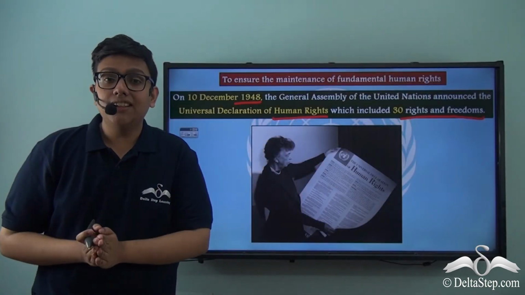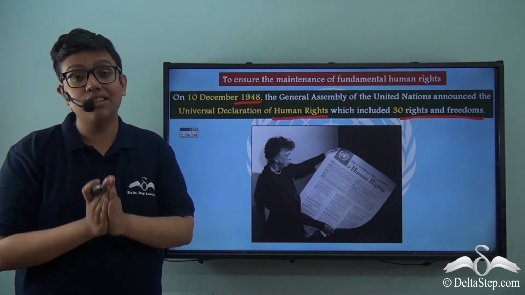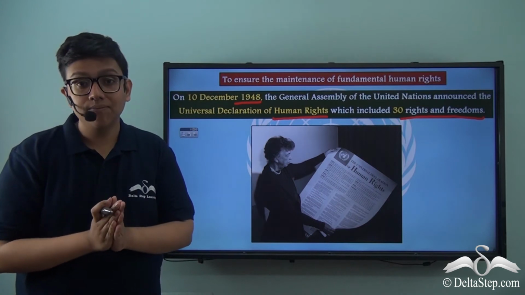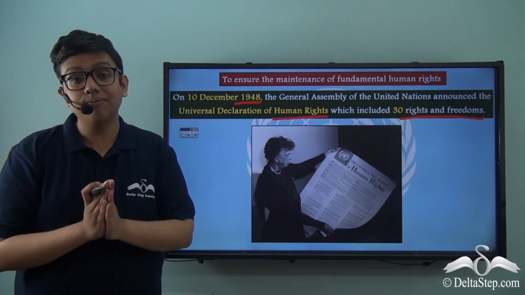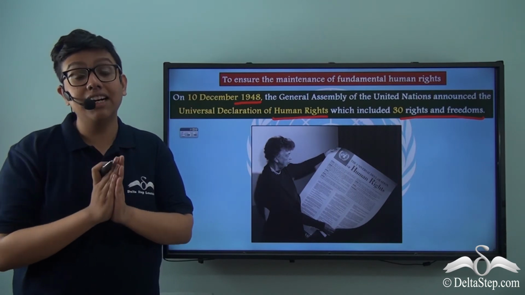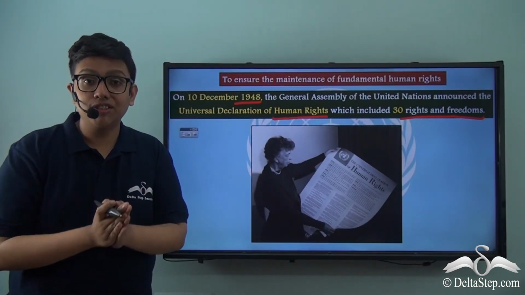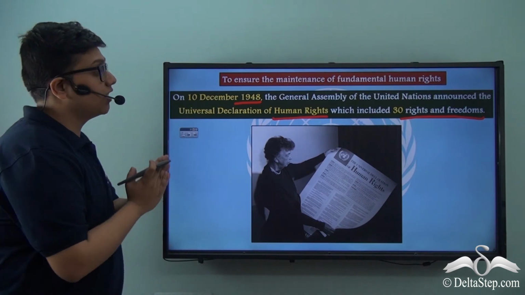This particular document was drafted by a special committee of the United Nations General Assembly, which was led by Lady Eleanor Roosevelt, who was the wife of the American President Franklin Roosevelt and also the permanent representative of the United States of America to the United Nations. We see over here Lady Eleanor Roosevelt holding the UDHR, or the document of the Universal Declaration of Human Rights,